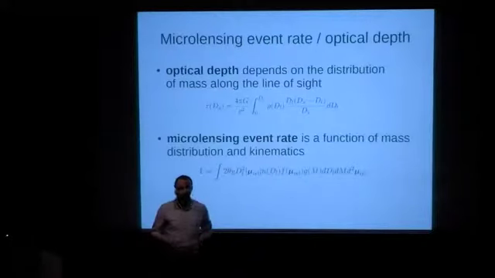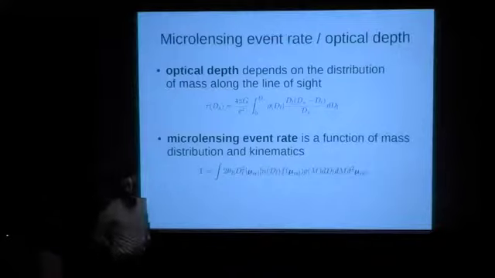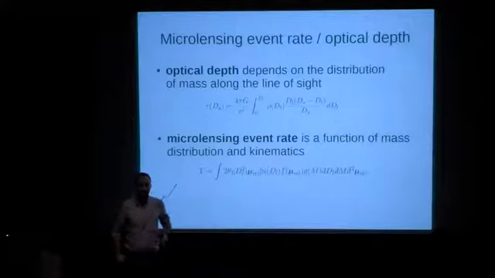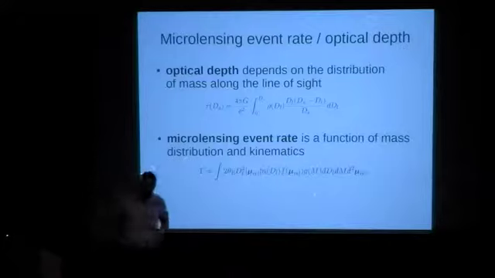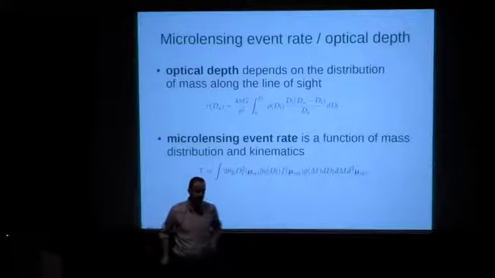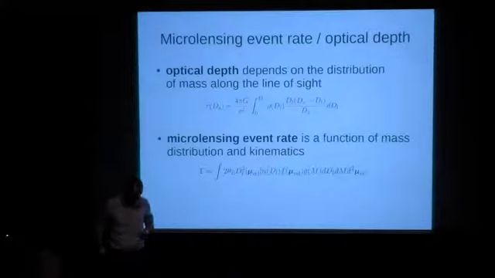So as you probably know, the microlensing optical depth tells you something about the distribution of mass along the line of sight. Similarly, the microlensing event rate gives information about the distribution of matter, but also on velocities of sources and lenses. So if you measure optical depths and event rates toward many sight lines in the direction of the bulge, you can constrain models of the structure of the central regions of the Milky Way really precisely.